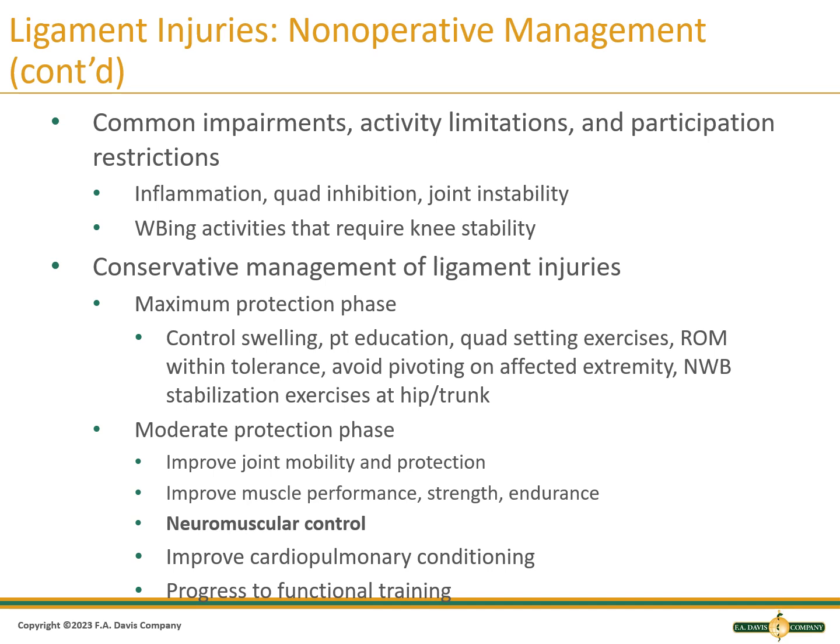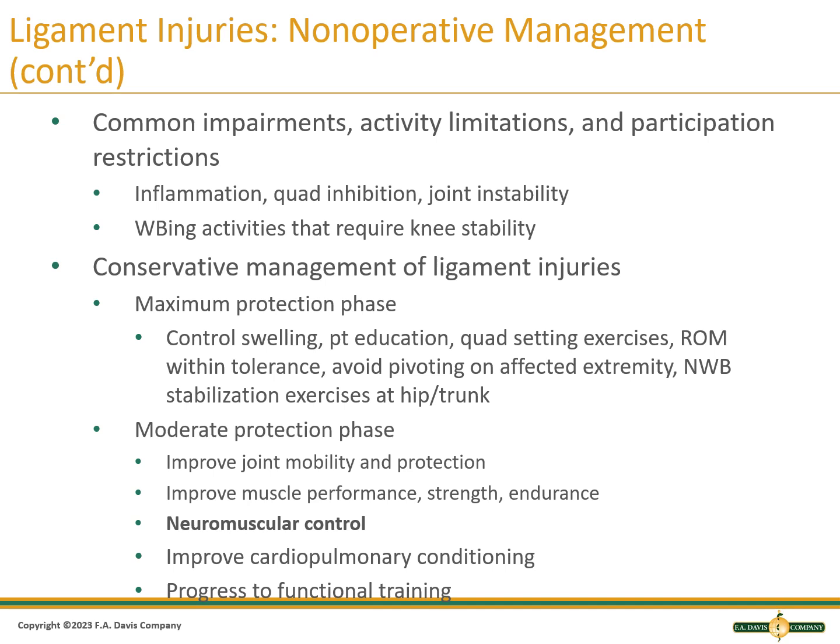We want to perform quad setting exercises to overcome that quadriceps inhibition. Range of motion within tolerance, so staying in that pain-free range. Avoiding pivoting on the affected extremity, and non-weight-bearing stabilization exercises at the hip and trunk to promote proximal stability for the joint. As the patient progresses to the moderate protection phase, we want to improve joint mobility and protection by